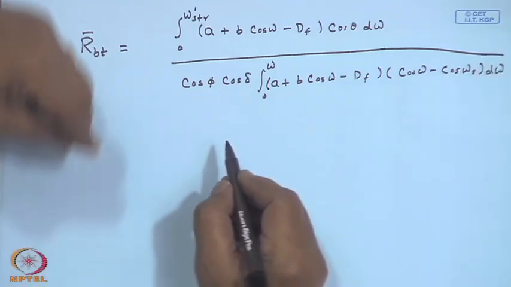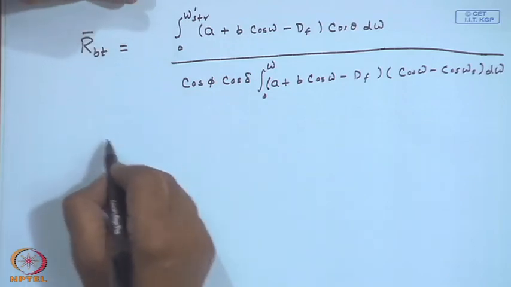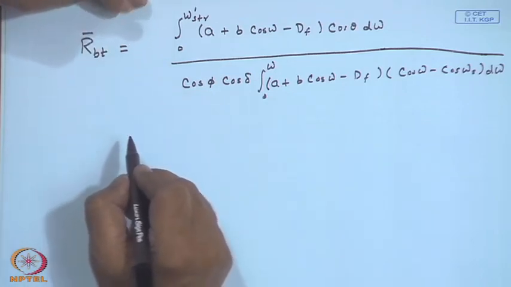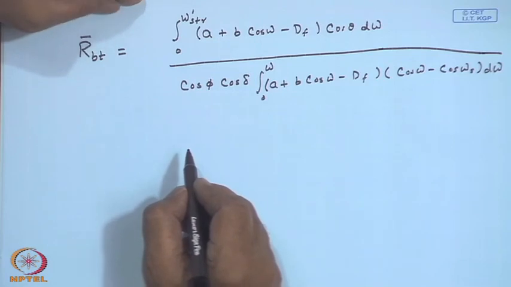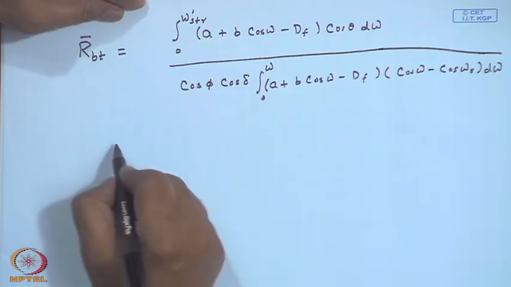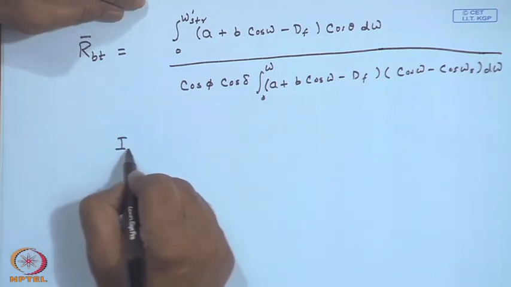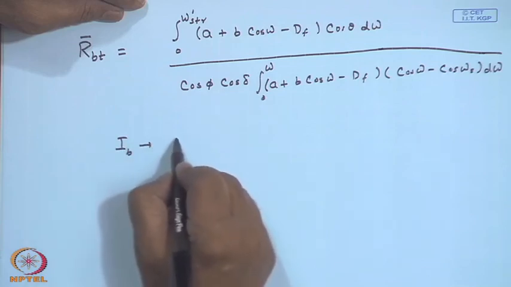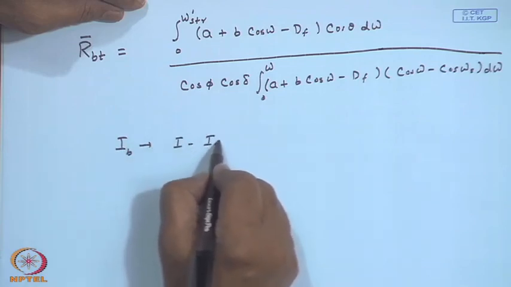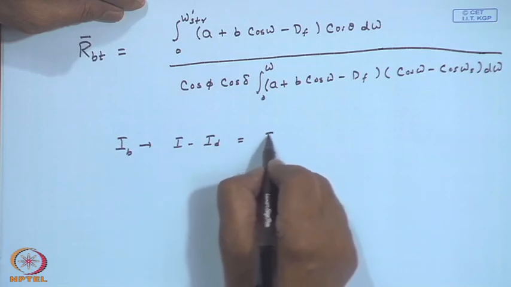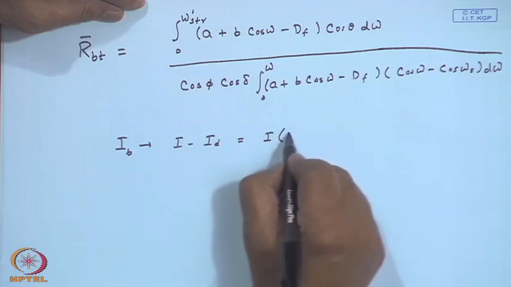Right. Let me quickly recapitulate what we did in the case of fixed collectors or non-tracking surfaces. We expressed I b as I minus I d, as I into 1 minus